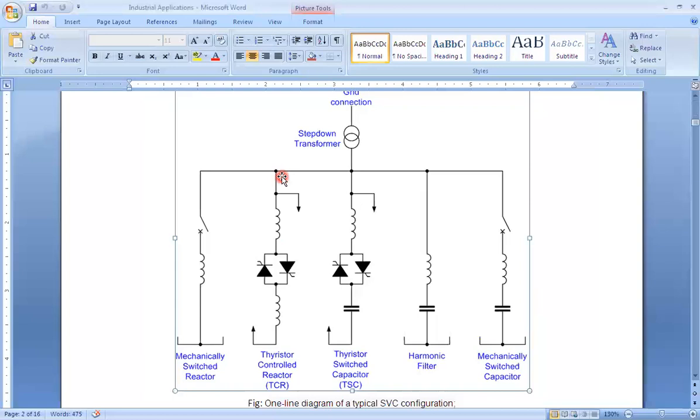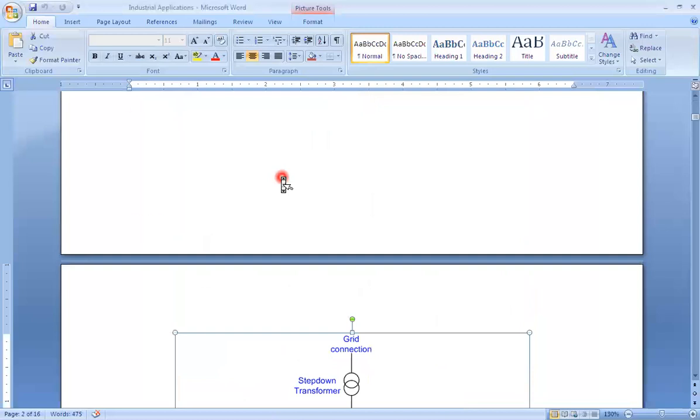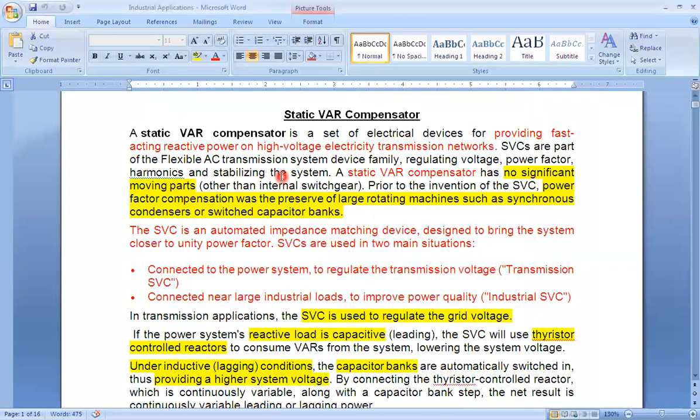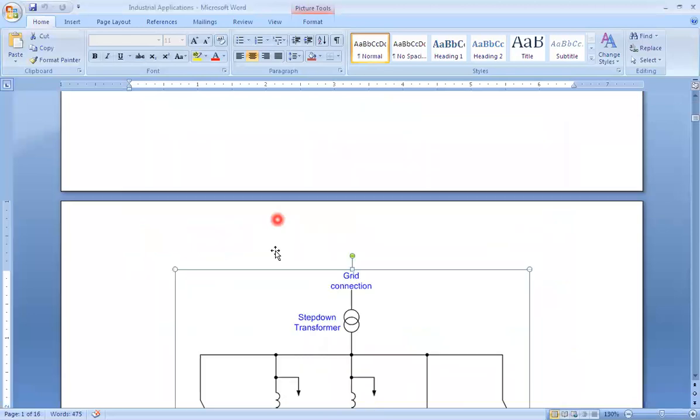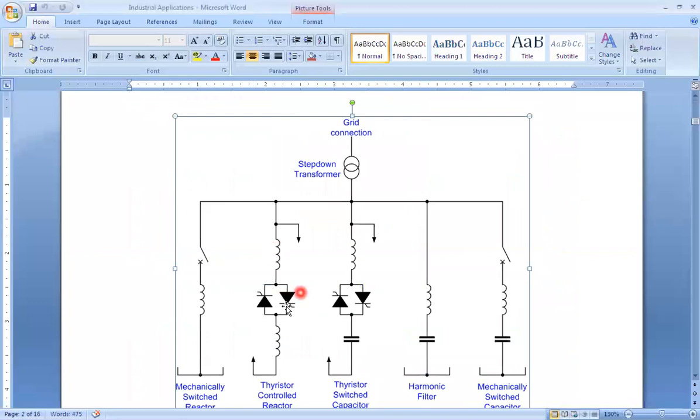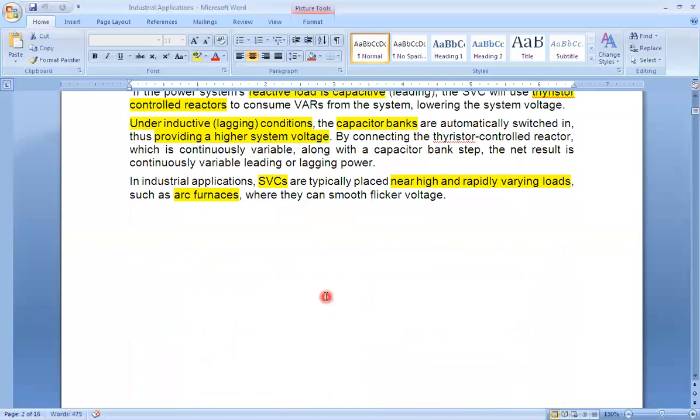So we are consuming the current from the supply, the reactive component of the current. Therefore, we may mitigate the required voltage demand as well as the current. So here the role of the static VAR compensator is to provide fast acting reactive power. Okay. In this static VAR compensator, there is no mechanical part. There is no mechanical part. It is an electrical, electronics component, static switches we are using with inductor and capacitor.